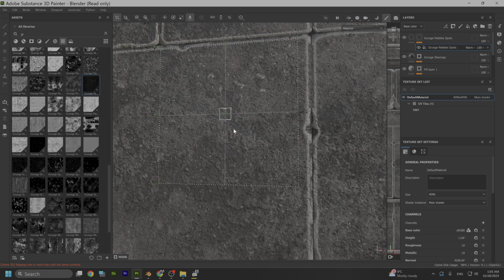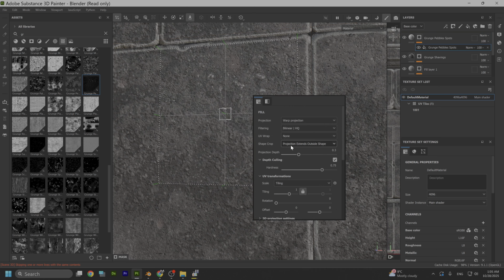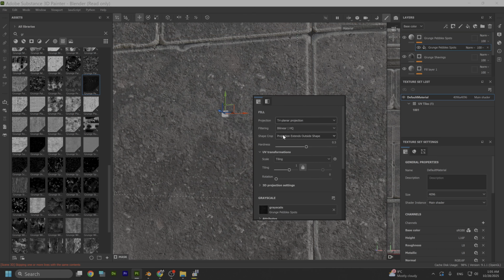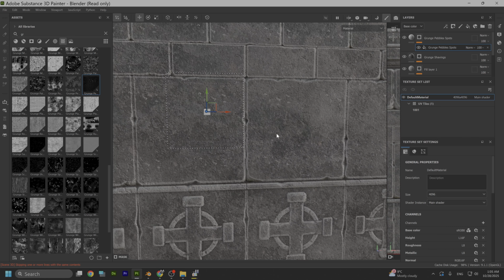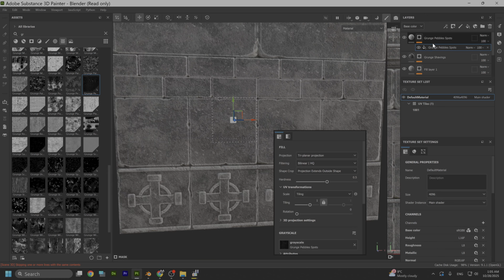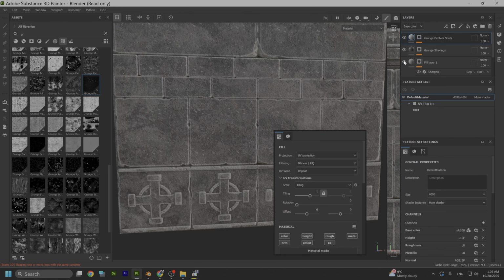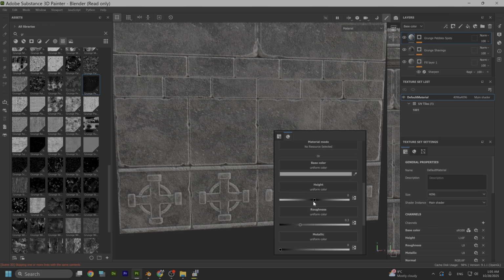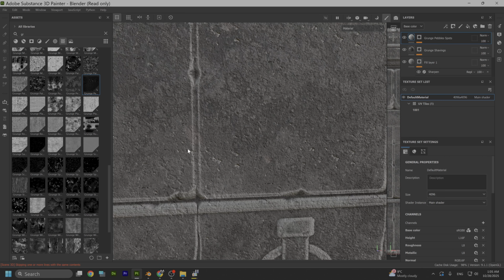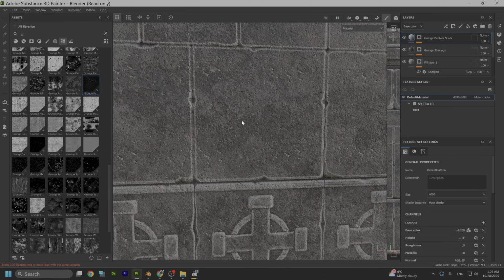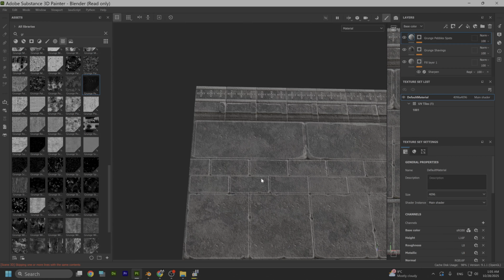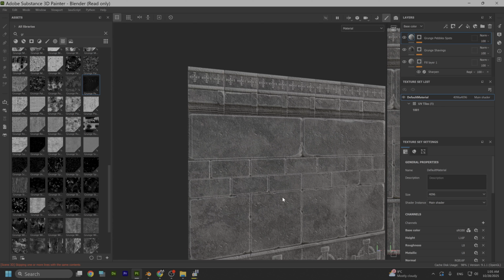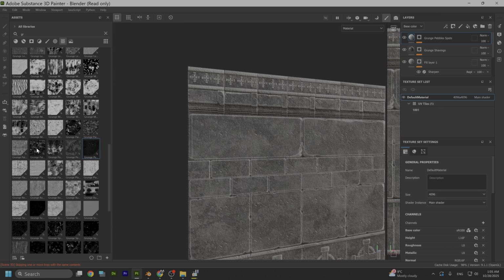Let me test this one. Let's try triplanar. And let's add some height. Yeah, this is smaller, but also good addition to the texture. But I need something like